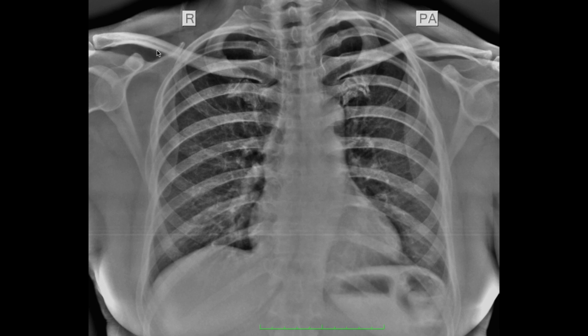This is a PA film with the clavicles more horizontal and the apical regions of the lungs well visualized, while in an AP film the clavicles would be more cranially projected and the apical region will be obscured by the medial ends of the clavicle. Also, the scapulae, which are rotated outwards in a PA film, will be overlapping on the lung fields on an AP view.